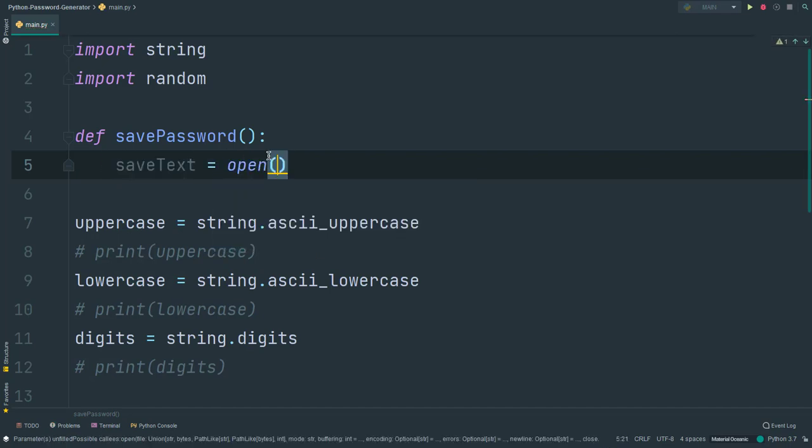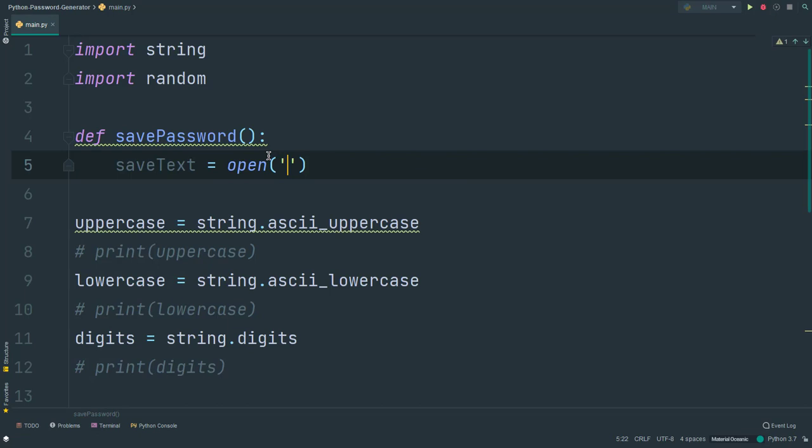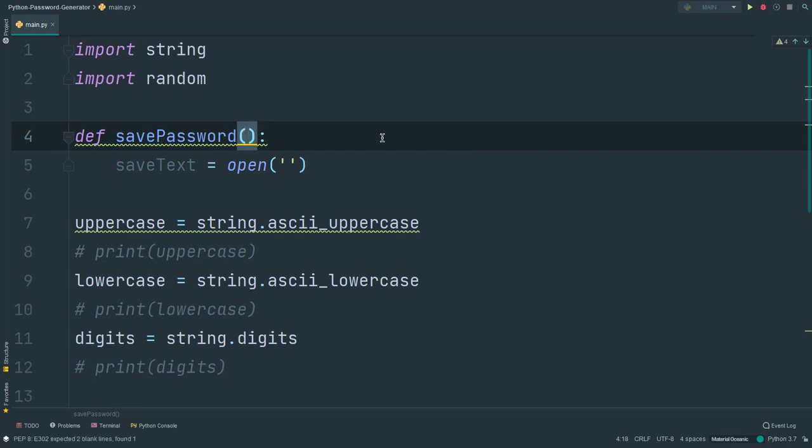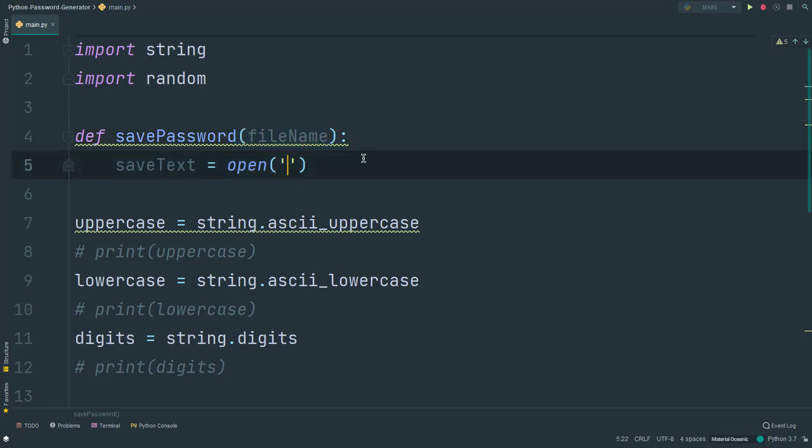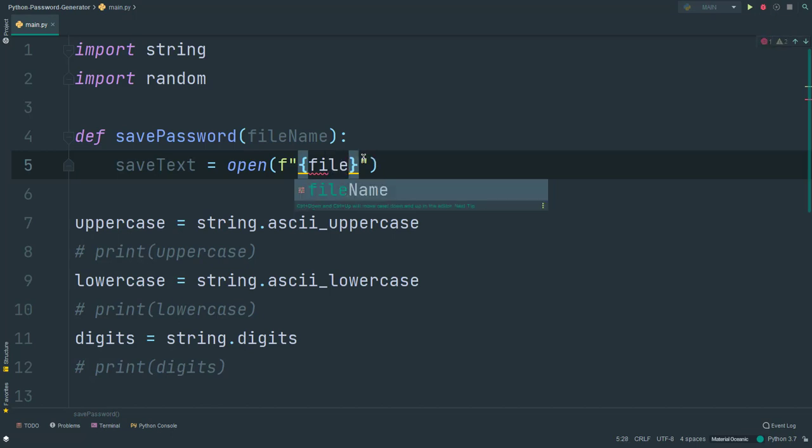Okay, and then inside of this I'm going to pass a file name. I can pass the file name here, and also an f-string with the file name